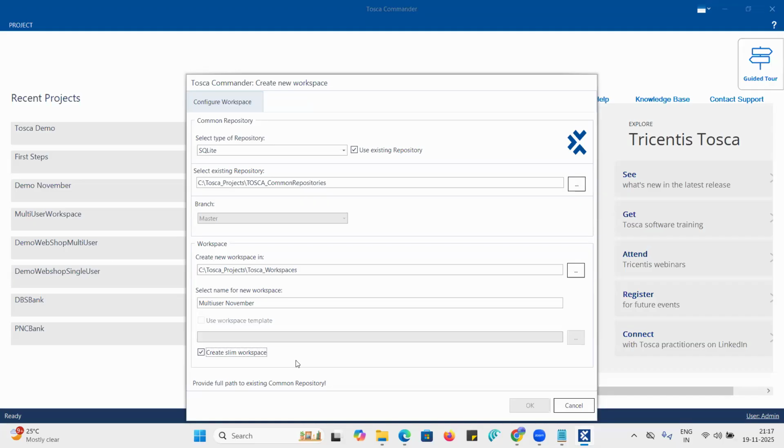Like, in previous years there used to be Facebook Lite, right? Facebook Lite and the normal Facebook app were there. Facebook Lite is for light users, because with Facebook Lite, only if you tap on a particular post will it be opened. Everything else will be in a disabled state. The same way it is here also. So if you click on create slim workspace,